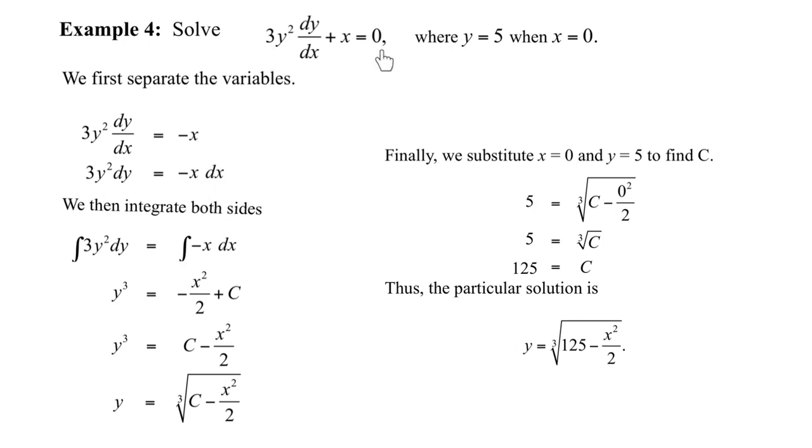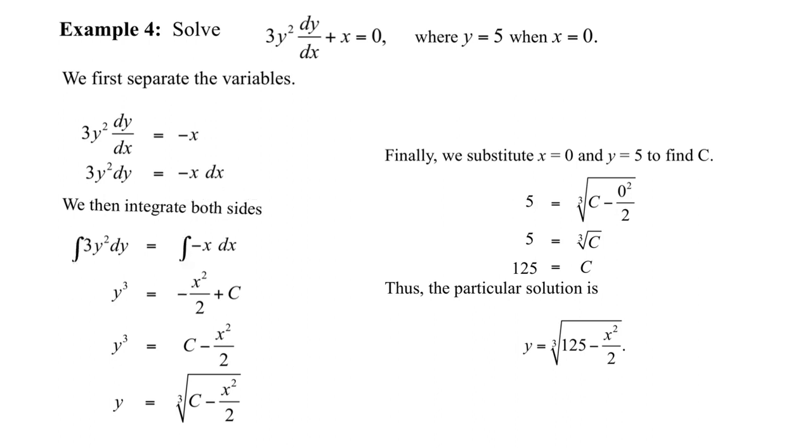In this question, we need to solve this differential equation. A condition is given: when x equals 0, y is 5. So first we need to separate this, like all the y, f of y dy, on one side and f of x dx on the other side. So first we will subtract x from both sides, then multiply both sides by dx. So you can see only y on one side and x's on the other side.